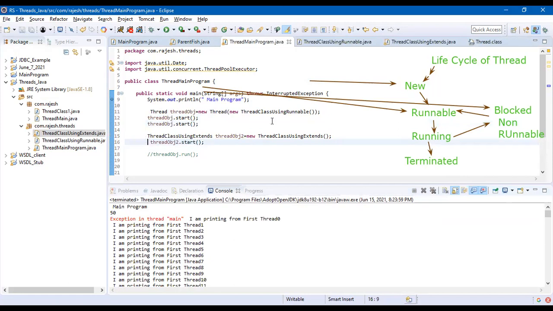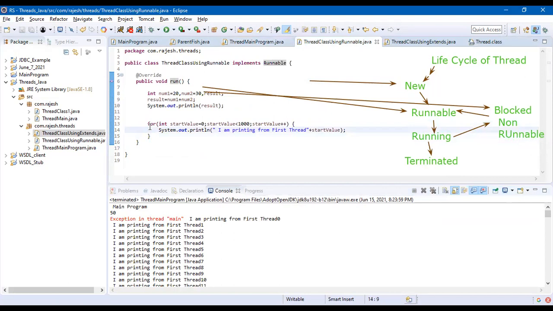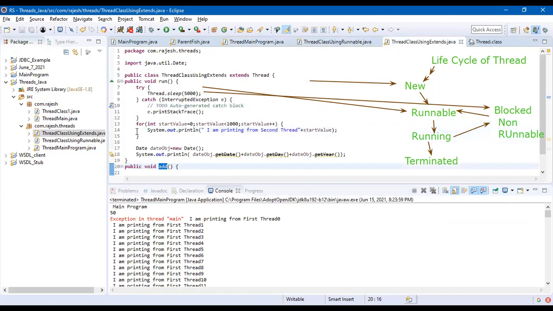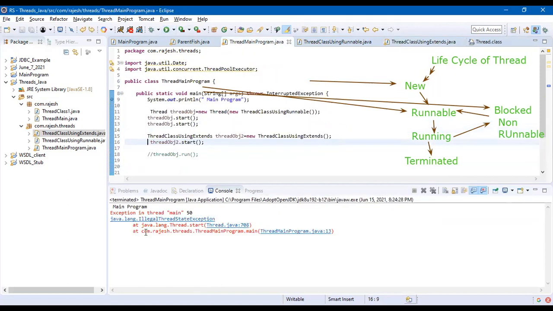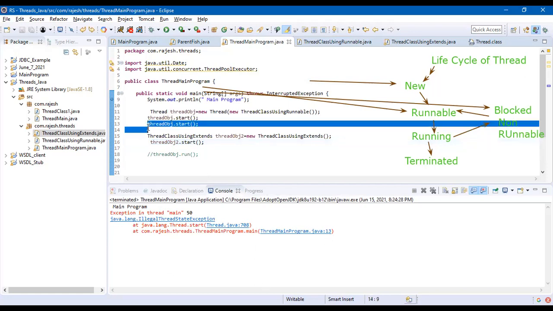There will be an exception. I'll just comment this out. I don't want to see any outputs now, because I gave these things just for understanding purposes. If I run this way, we get an exception, an illegal thread state exception, because the thread is already started. We cannot start the thread twice.